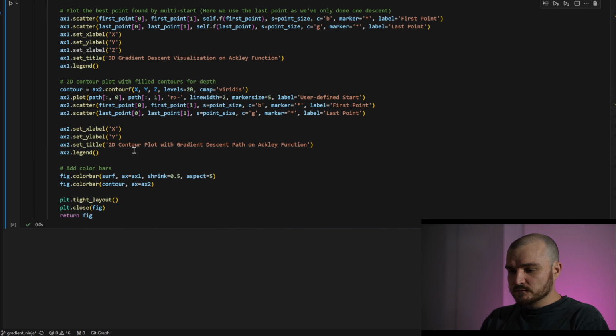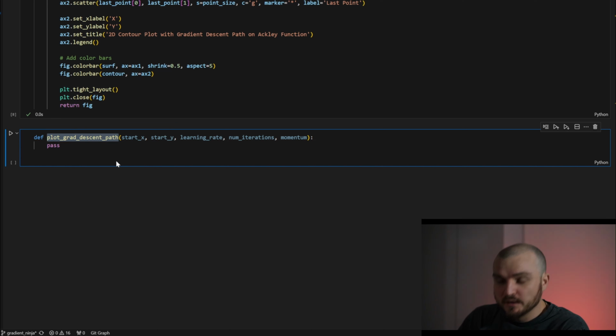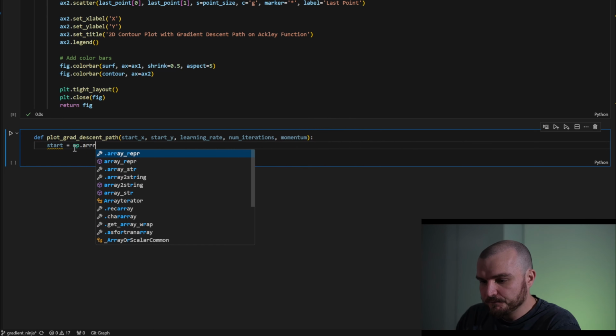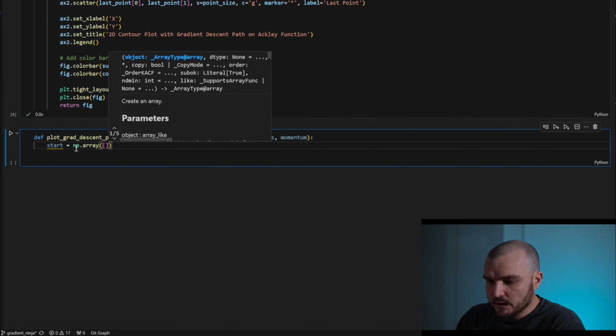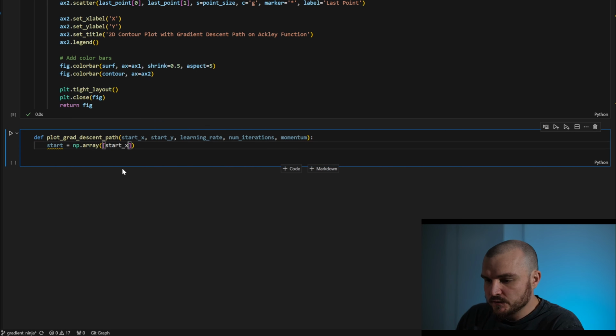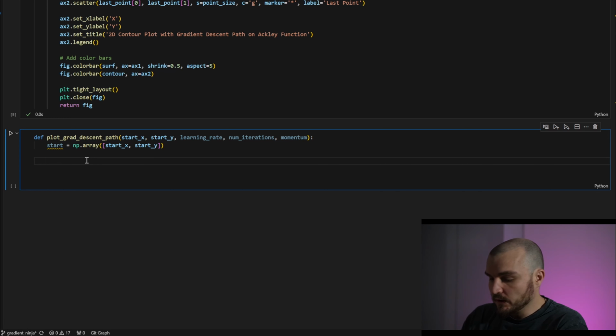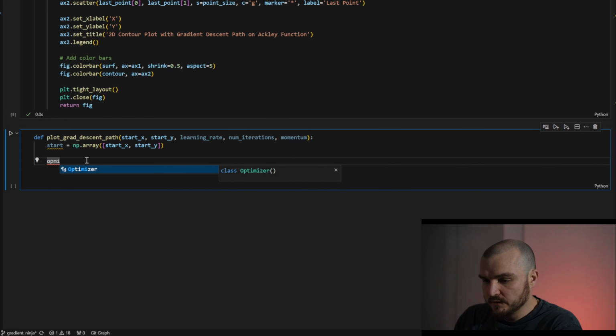Let's run this code. Okay, it works. Okay, and let's define plot gradient descent path. We need to create the start coordinate as the numpy array, and we have two coordinates, start x and start y. Okay, good. Then we have this learning rate, number iteration, and momentum. But before we apply it, let's create an optimizer